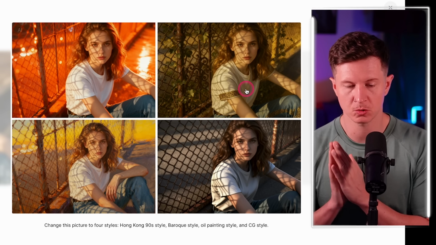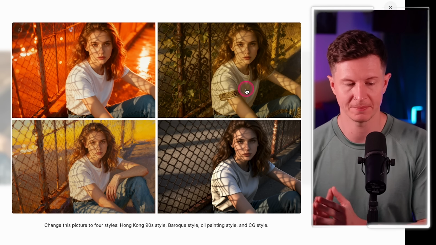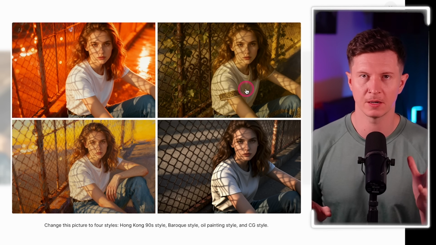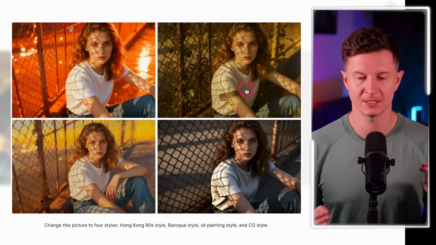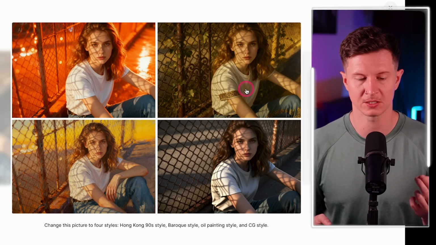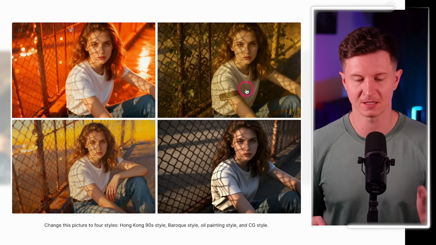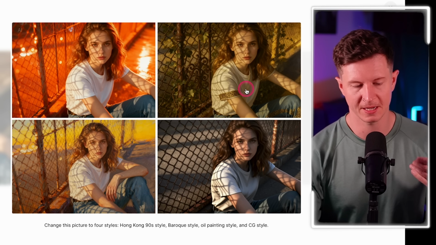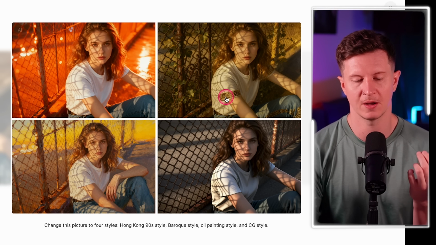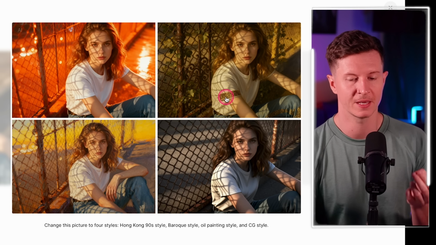Now, what's incredibly difficult for AI image models to handle are intricate shadows. And you can see here we've got extremely complex shadow patterns being cast from this metal fence onto the face of this lady. And it absolutely inundates us with a real sense of atmosphere and realism. In fact, it's often a very useful tool to check if an image is real or fake by tracing the